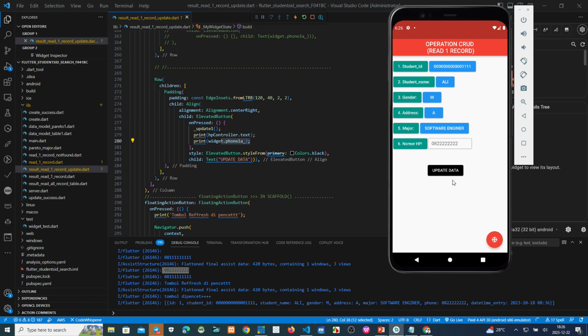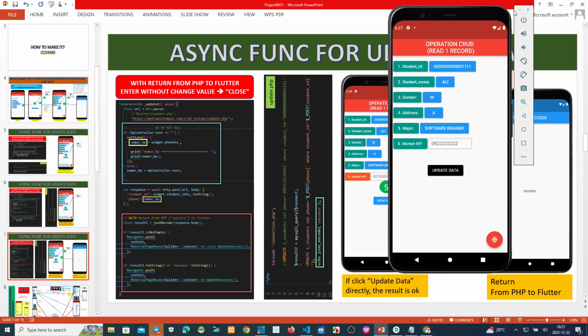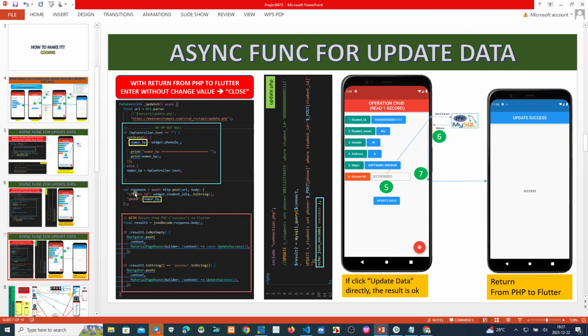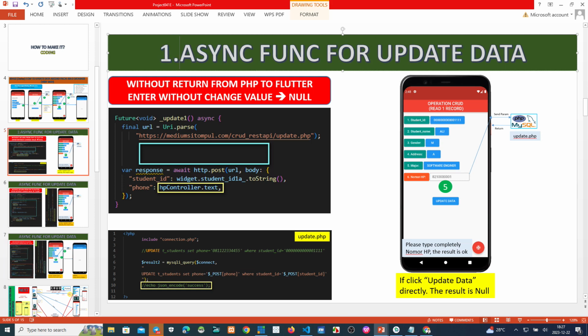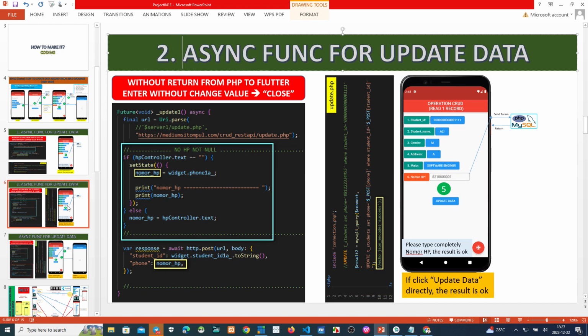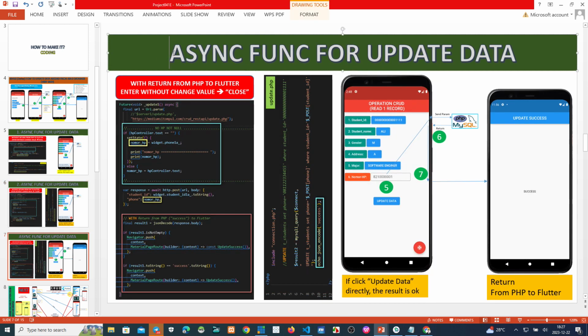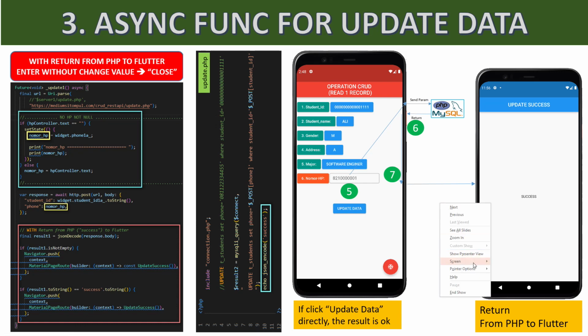Is it correct, success or not success, or error? Okay, to make it, we must see the asynchronous function and the script. Number 3, this is a number 1, we make this one the number, yeah. This is number 1, asynchronous function. This is number 2, this is the last number 3. Okay. On this number 3, okay, I make bigger.